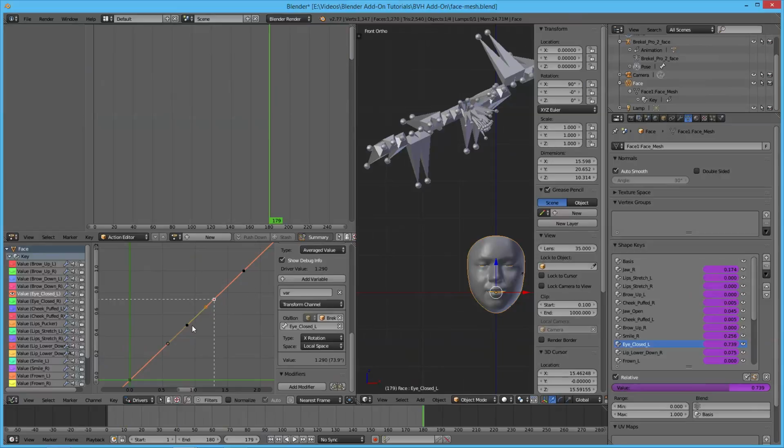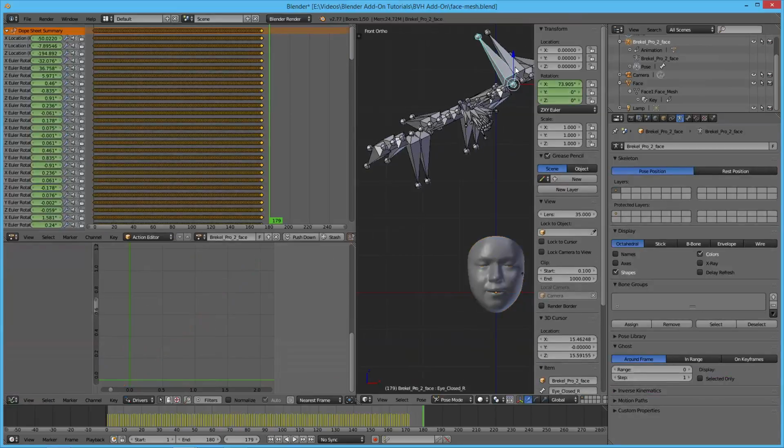I personally like driver-based animation because the changes you make here to the graph, to the interpolation keyframes, are going to be fixed across all animations. All actions that you have for your armature will be subject to any changes you make here. Whereas changes you make to the individual animations, like if I decided I wanted to change how this bone was animated by actually changing the keyframes here,